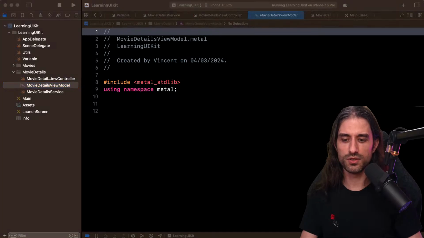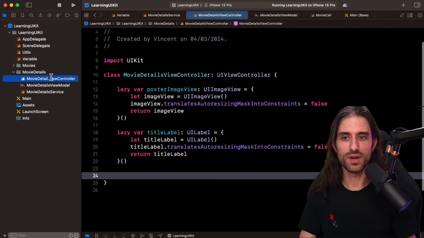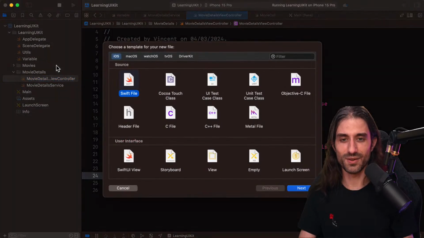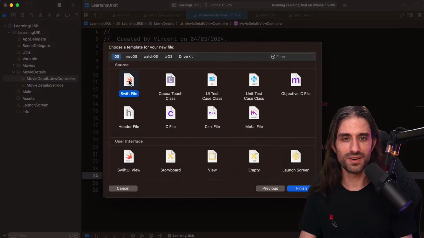So this time I'm going to copy and paste the code because there is no point in me spending time to implement it. I didn't want to create a Metal file. I made a mistake. So I'm going to create a new file, a Swift file, and it's going to be MovieDetailsViewModel like that.